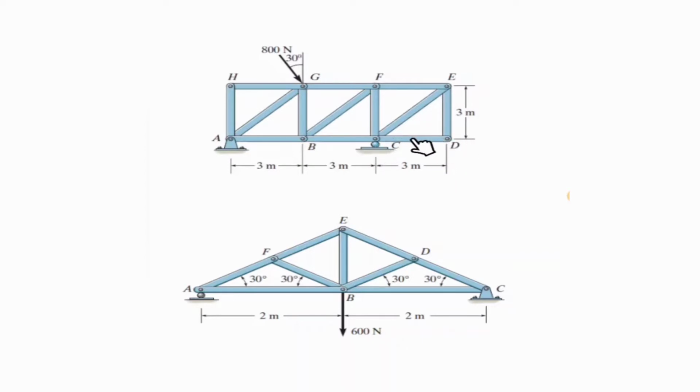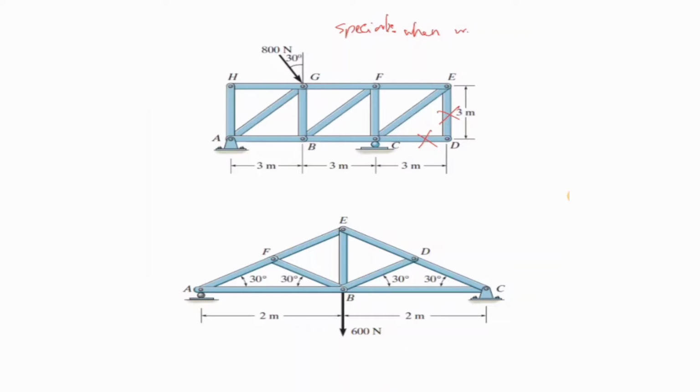And what about this? This is a special case that we need to consider as a special case of zero force members. Actually, if we have a force in this direction, there is nothing in front of that to cancel it out, and this one as well, meaning that these two links are zero force members. Then I would add a special case of zero force members